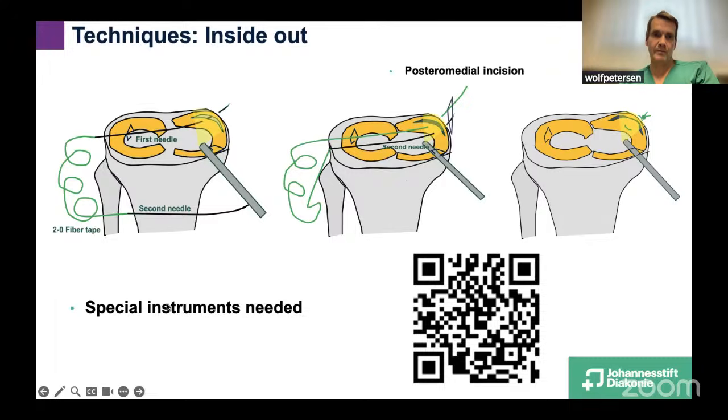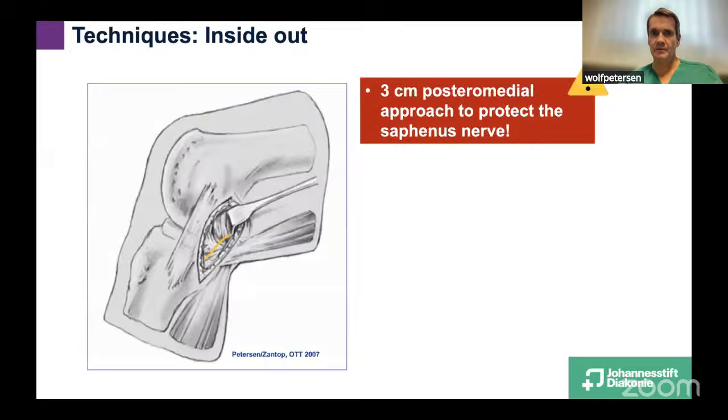The only disadvantage is you need special instruments for this surgical technique, so it's a little bit more cost intensive as compared to the outside-in technique. That's why in nearly all my cases I use the outside-in technique. The inside-out technique requires a posteromedial approach. It does not always have to be as big as here, but it should be